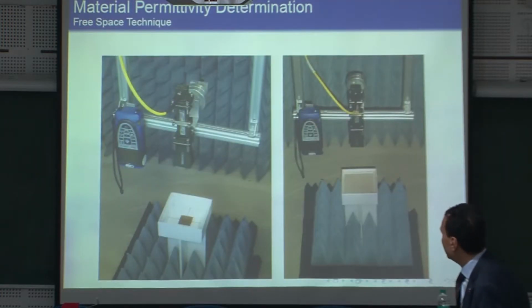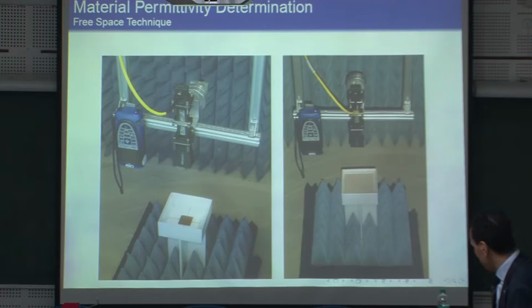I told you before, this is only part. This was a wall. I will show you the whole box. This is the mount for the antenna. We used the same antenna for transmitting and receiving. This was one scenario. In the other scenario, we use an antenna for transmitting and another antenna for receiving.